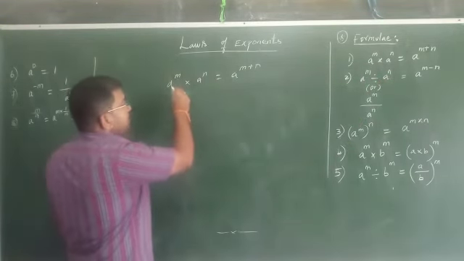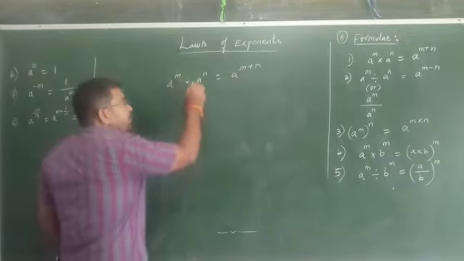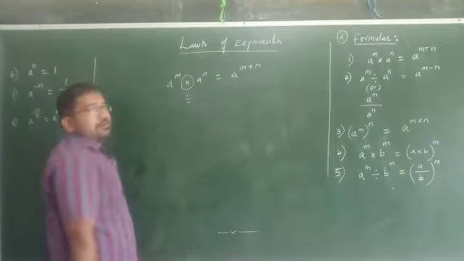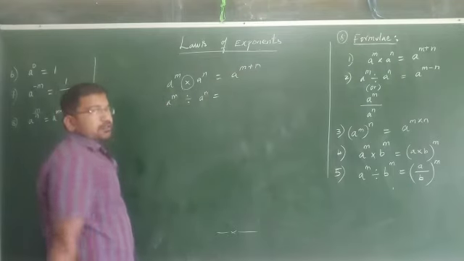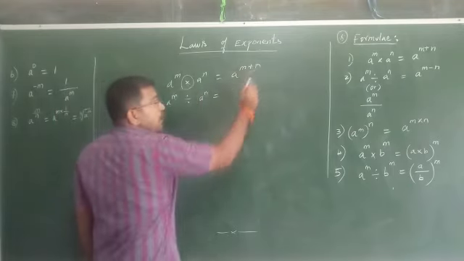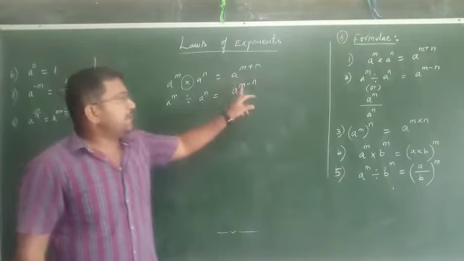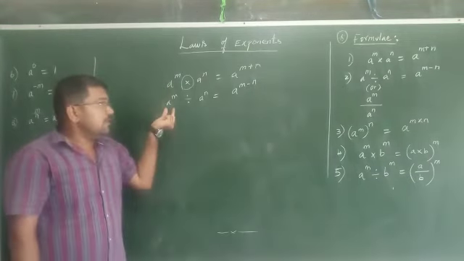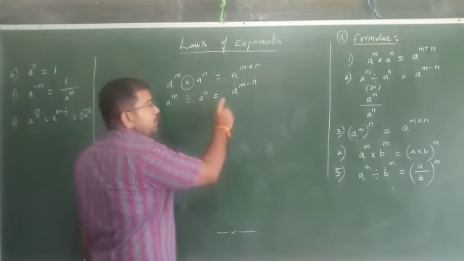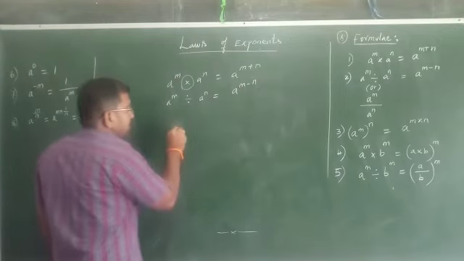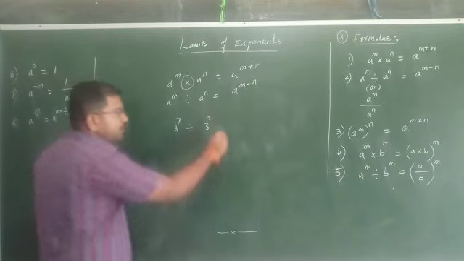So the first formula is a power m into a power n is equal to a power m plus n. Instead of multiplication, suppose divide is there. A power m divided by a power n is equal to a power m minus n. Multiply means we add, divide means we subtract the powers. For that also the condition is that the base should be the same. Example: 3 power 7 divided by 3 square. It's nothing but 3 power